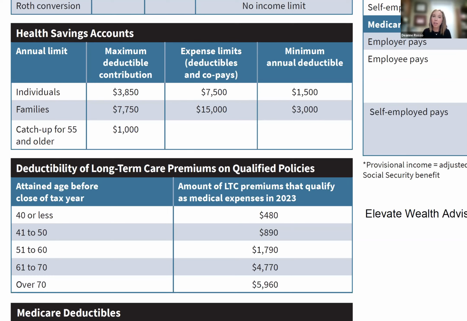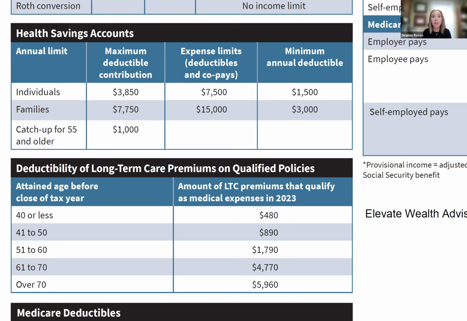But then you can start spending that money on things that are out of pocket, copays and such, that Medicare doesn't necessarily cover. Now, Medicare covers a lot, so I don't want to scare anyone into thinking it doesn't. My clients that have gotten on Medicare are very happy typically with their Medicare coverage, but there are still some things. Think about glasses, think about contact lenses, think about dental work. There are still certain things that Medicare doesn't cover.